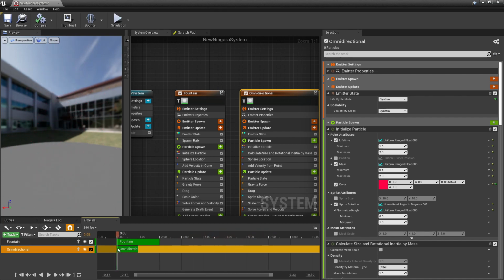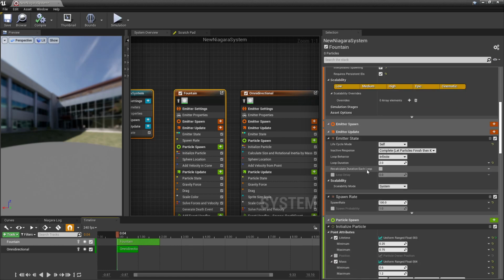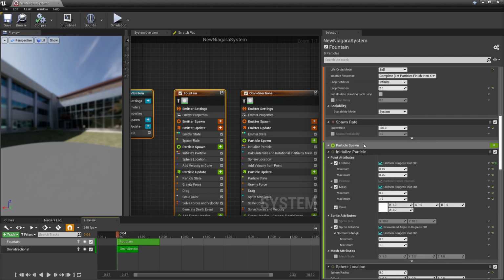Just so that it is more clear, I'm going to go to the fountain particle system and I'm going to reduce the amount of particles spawned from 100 to like maybe 4 or something. And now you'll see that as they die, it emits the omnidirectional particle.